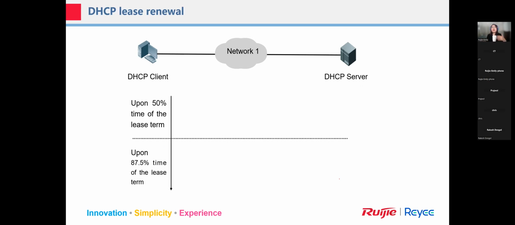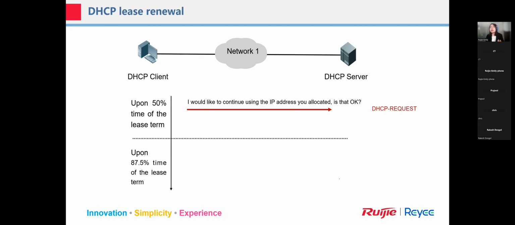And the other action is the IP address renewal. Up to 50%, I will send out the request message to the server. I still want to use it. Is it okay or not? Because later when we show the demo, you will see lots of parameters. If this message is lost, right, because your network maybe is not stable, up to the time of